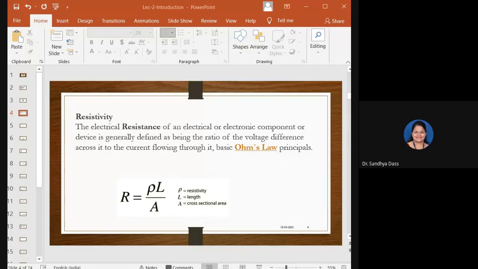So R, the resistance, what we are talking about, is nothing but a ratio of voltage and current. Someone wants to join. Yes. Okay. If at all there is any problem, please unmute yourself and speak up. As I'm going through the slides, I'll not be able to see the chat, or if there is any hand being raised, I'll not be able to see that. If you want to say something, you unmute yourself and speak.